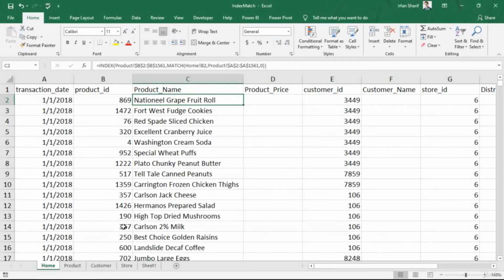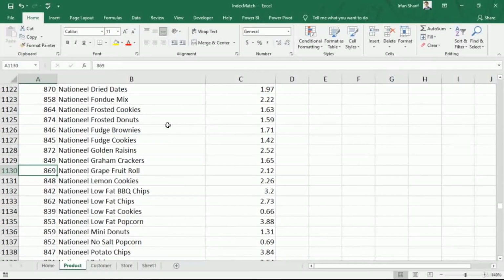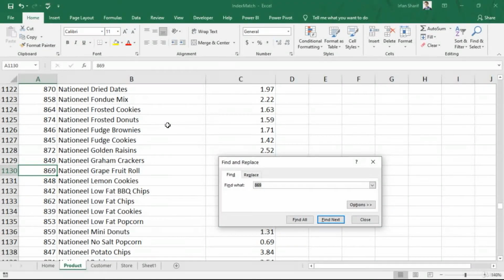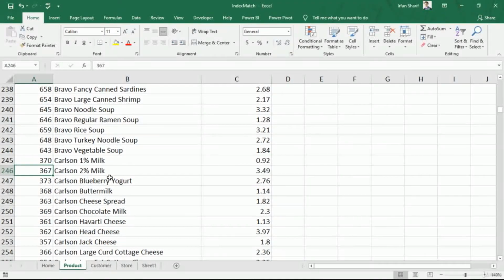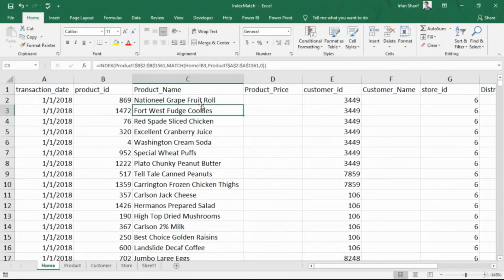So if I can just look at this product ID 367, this is Carlson 2% milk. So let us go there and check 367. If I can just do Control F, 367. So this is Carlson 2% milk. So we can see that our answer is correct. So that is how we can use the index and match to find the same answers that we have earlier